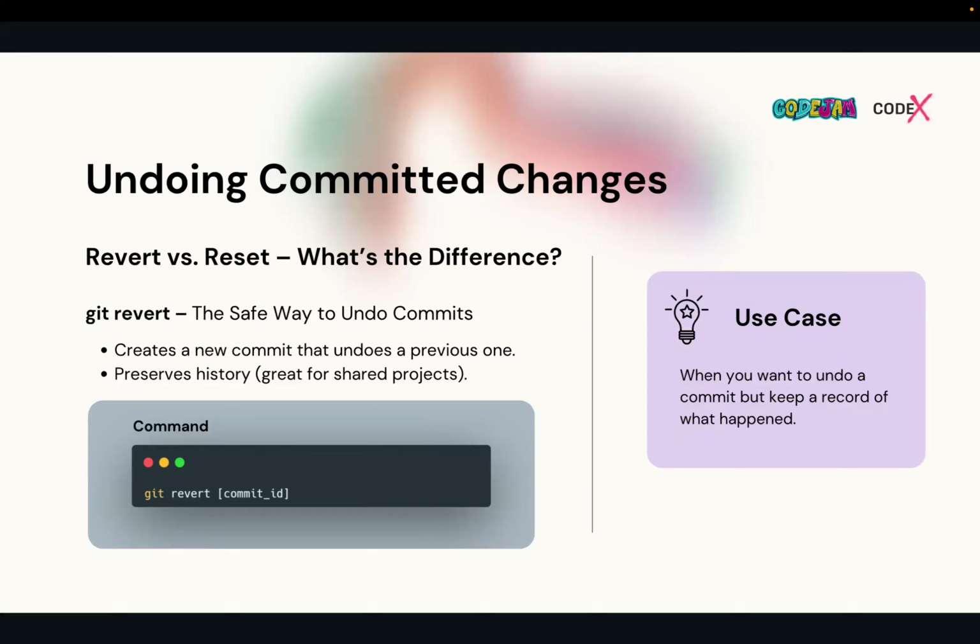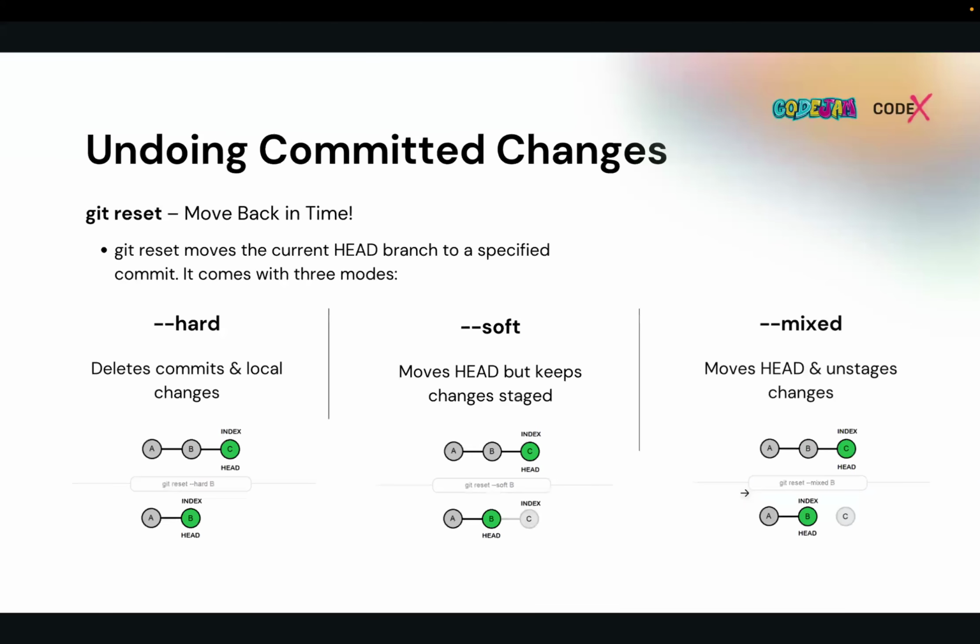Okay, so in that sense, your timeline will be cleaner. That means not cleaner, but very informative, and you can easily track the changes you have done so far. And with the mistakes that you have done, if you use git revert with the commit id. Okay, git revert with the commit id. That is another way to reverse back the changes you have done.